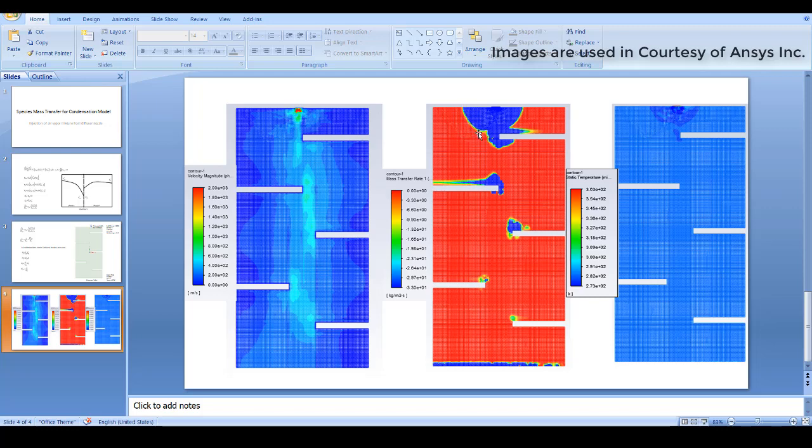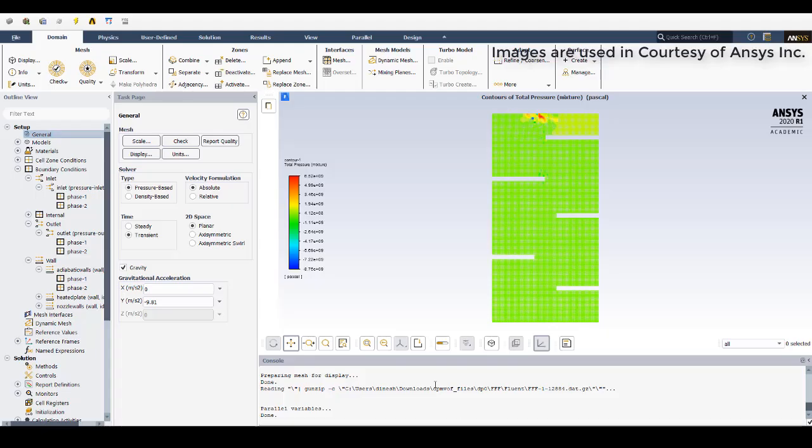So you can see these regions where there are highest values, and where I have given 273 Kelvin temperature, we are getting conversion of water vapor into water, right? So these are the areas where we are getting more amount of water, and this is the static temperature that can be observed with respect to the temperatures I have given, that is 273 Kelvin and 363 Kelvin as inlet. So now we'll go into Fluent.